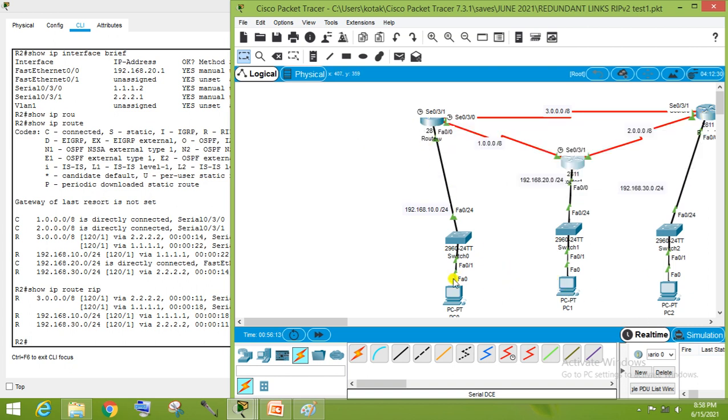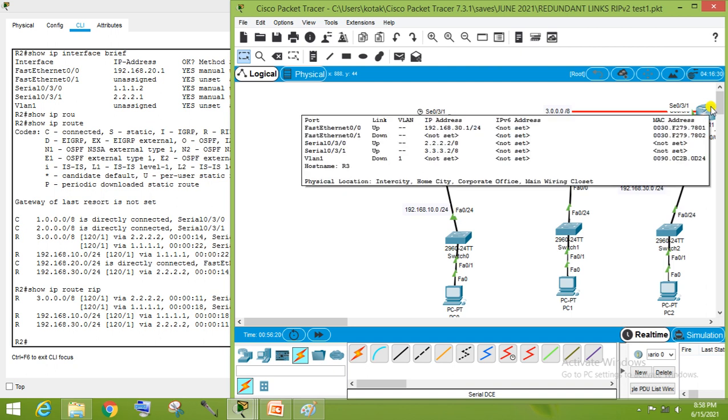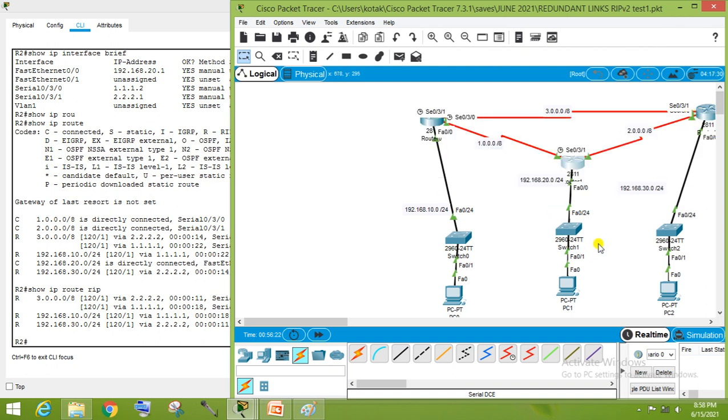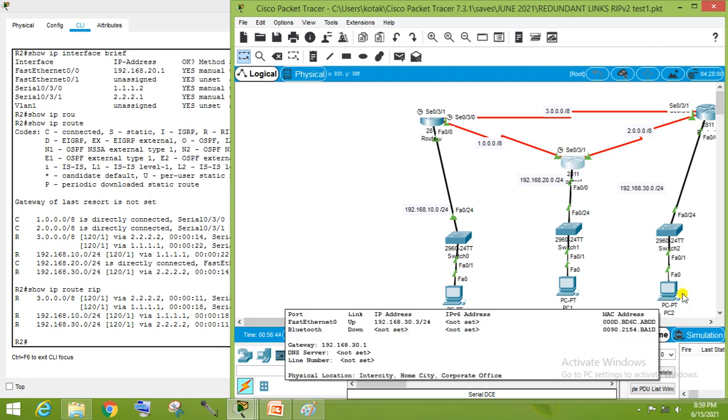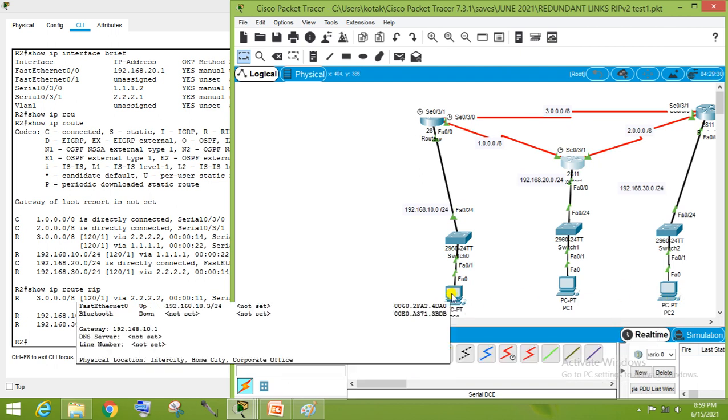And if this PC is going from this path, how many hops are coming? That is 1 and 2. The metric is hop count, so it just prefers the route having the lesser hop count. Even if the bandwidth is increased, no problem, it will consider only the hop count. So I think this PC will choose this path to reach this network. This we have to verify. So let's go to this PC.